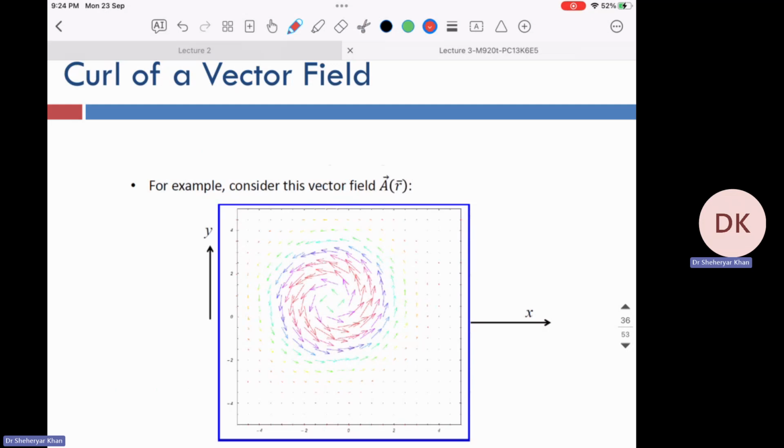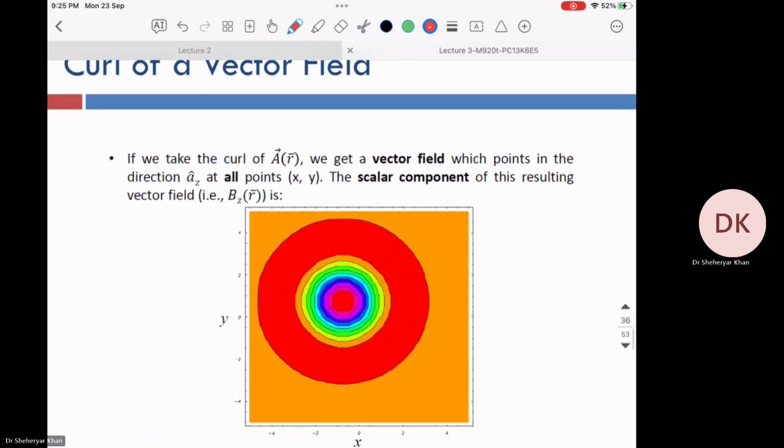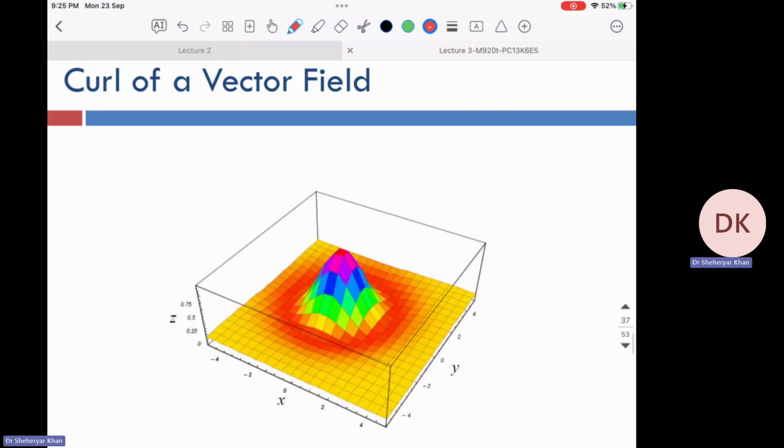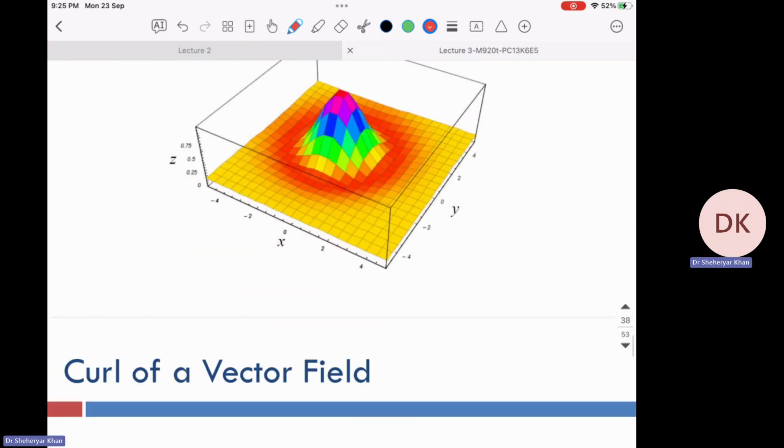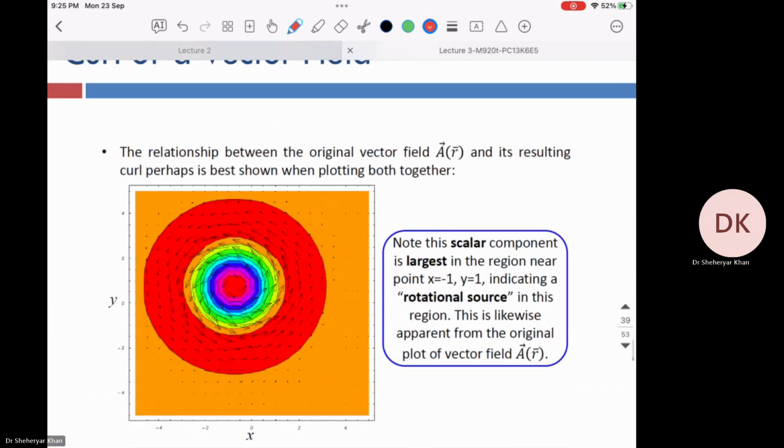If the field is like this, then you can apply the curl operator to tell you which part of the field lines are stronger or more concentric towards the flow of those circles, right? So again, you can plot these types of graphs to see. Okay. So if the component is larger in the region, for example, here,